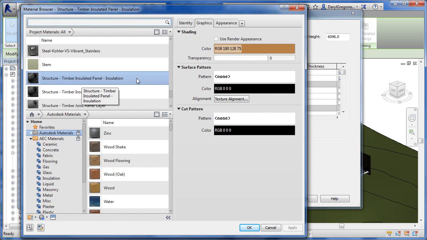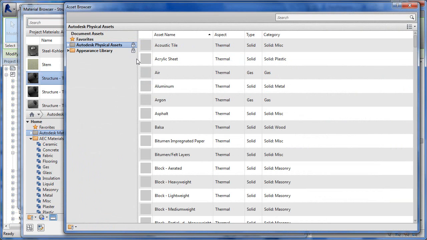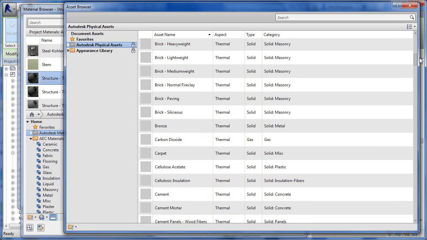Timber insulated panel, that should have a value, and I don't see thermal in here. So what we have to do is add that asset to the material. I hit the plus button and say I'd like to add a thermal asset to that structured timber insulated panel. So from inside of there I can go looking in my library of potential assets, and